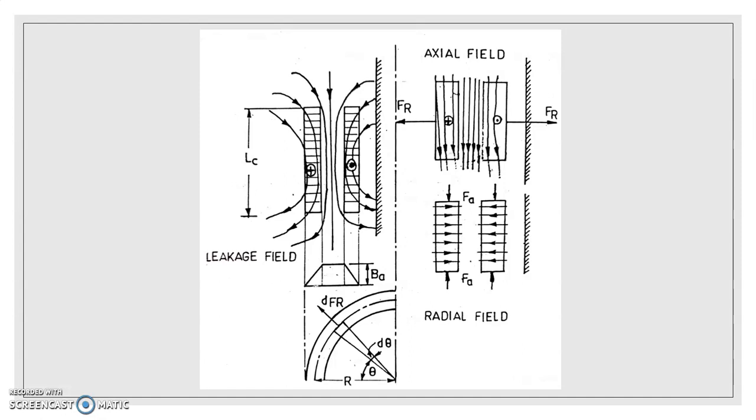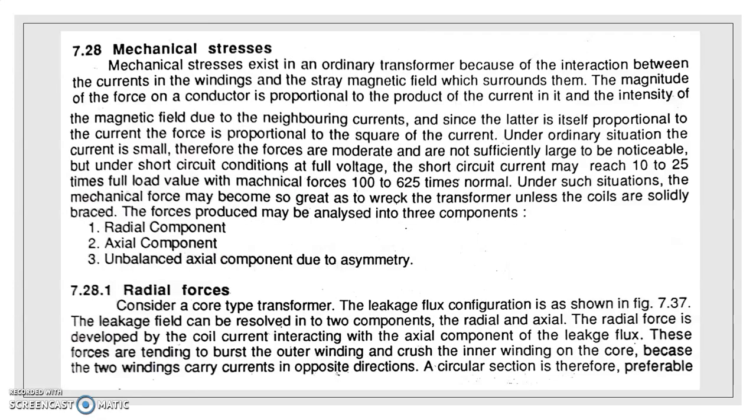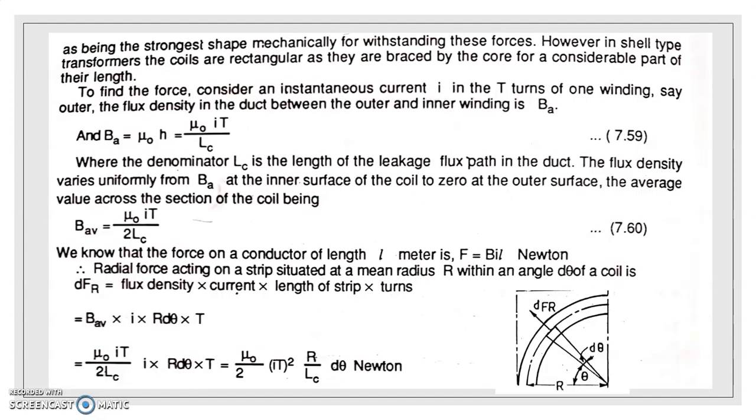And the average value of that radial force can also be calculated. Simply, you can define the radial force as the interaction of the axial field and the current through the winding. Simultaneously, I am covering a simple definition of axial force also. Axial force is the interaction of the radial field and the current through the windings. Simply, they depend on the axial field and the radial field respectively. Now let's see some calculation of the expression for calculating the average forces.